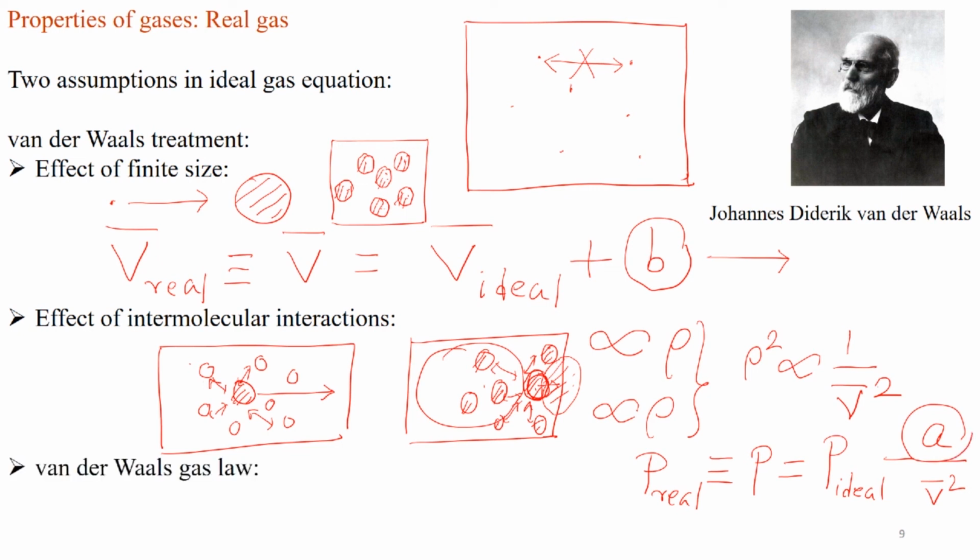Now if we combine this pressure expression and the volume expression for real gases and put them in the ideal gas equation, which is P ideal into V ideal is equal to RT, and replace them by the real volume and the real pressure, we get the van der Waals gas equation, which is